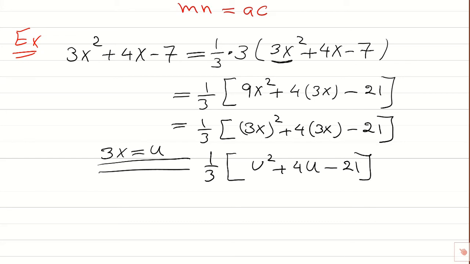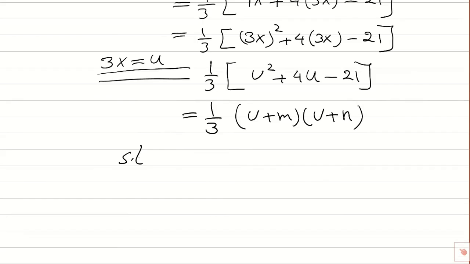And here you need to find m and n in a way that the sum becomes 4 and the product becomes minus 21. So 1/3 of (u plus m)(u plus n),